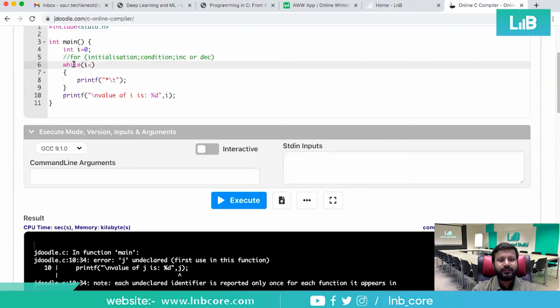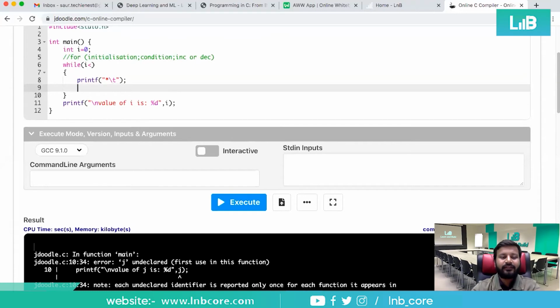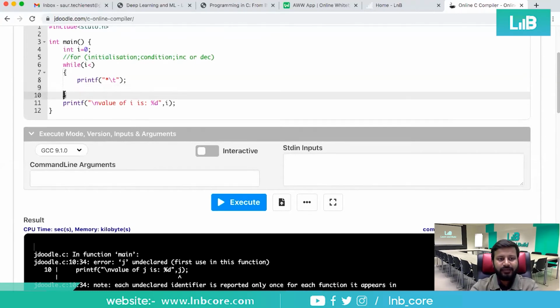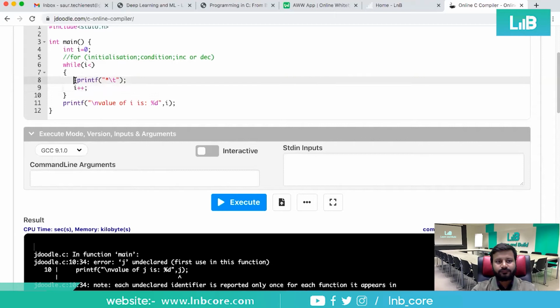So here what happens in while: the condition, this middle part, is going to come inside the while. The first part you have to declare before this while, and this increment or decrement part you have to give inside the while. Before the loop body completes, you can give a statement like i plus plus. This is the only difference.